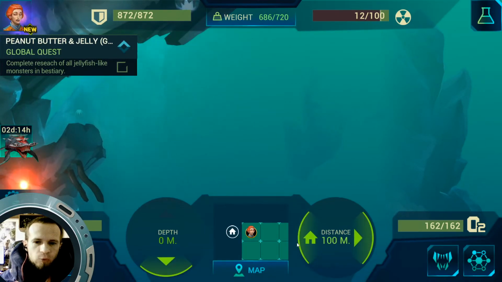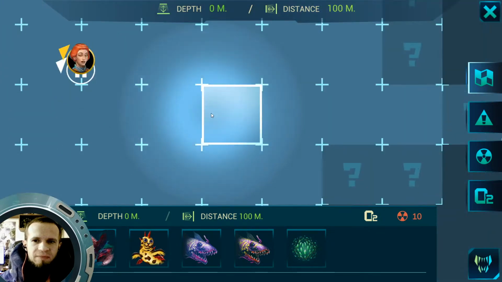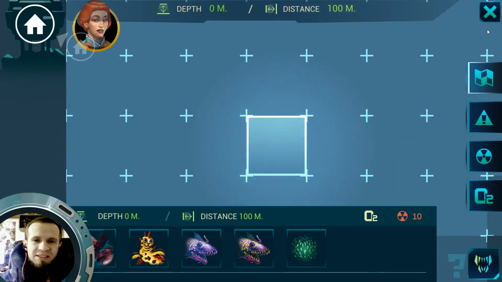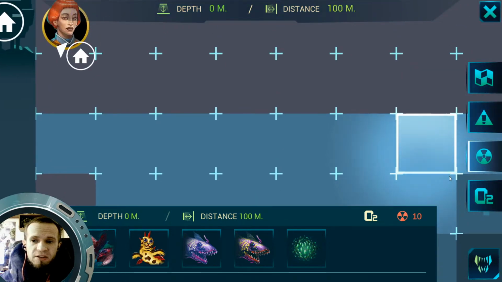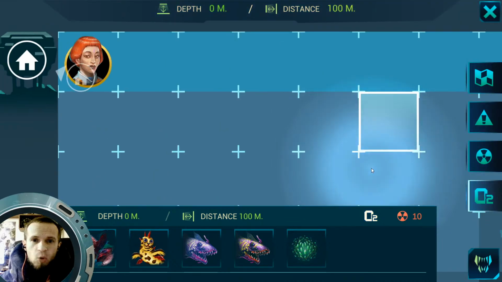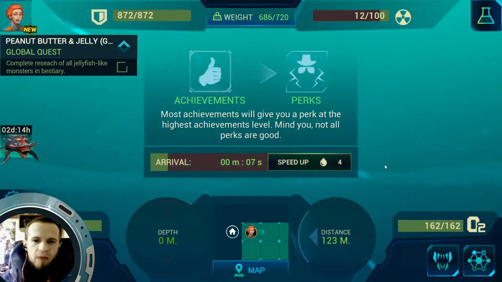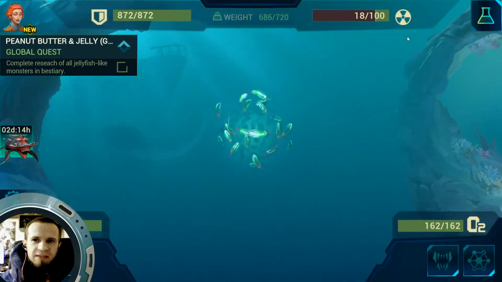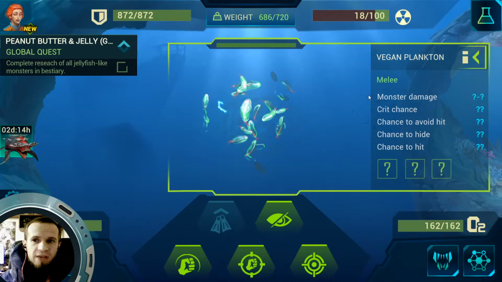And what we have here is a global map, and as you can see, nothing really happens right now, but there are certain instruments you can use here to understand where it is safe and where it is not. For example, when we travel in the upper layers of the ocean, we can get some bad rays that will make us feel really bad if we catch too many of them. The radiation indicator is in the upper right corner of the screen, and we have just found some vegan